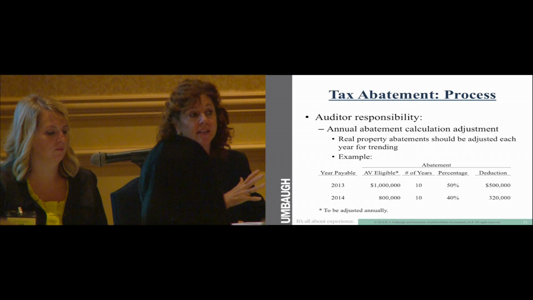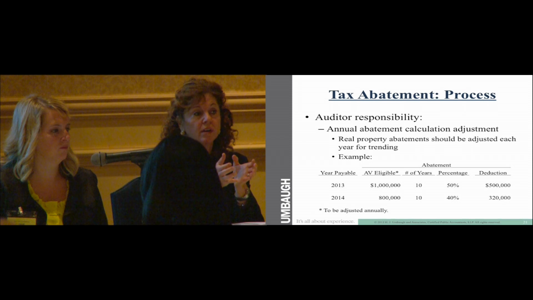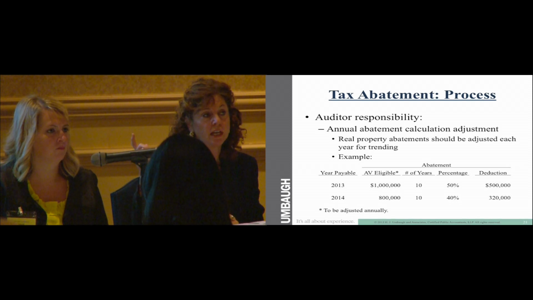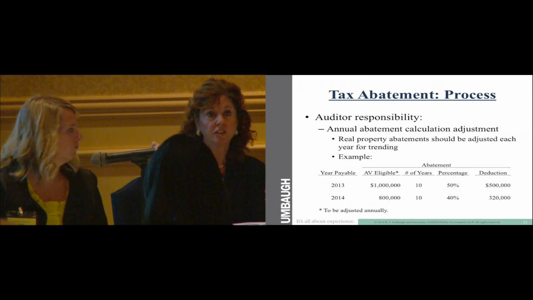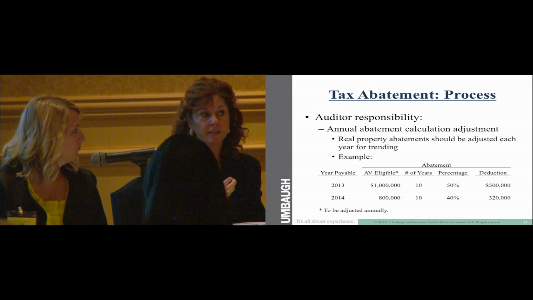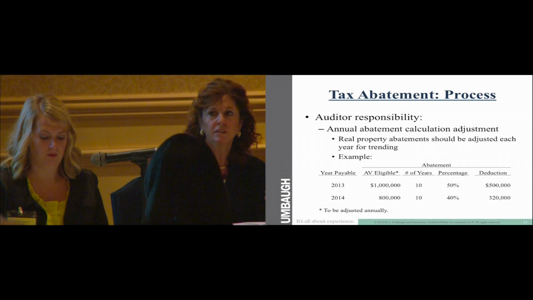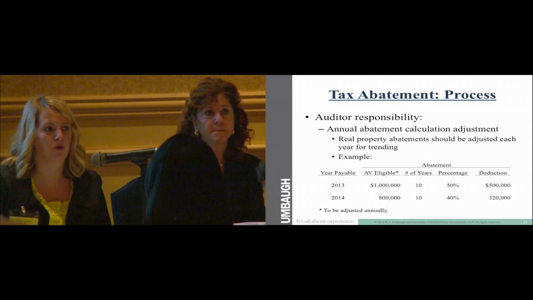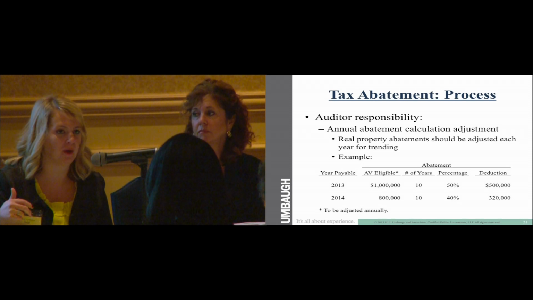And then maybe some stuff, like the land, isn't subject to abatement. So you have to know which part of the assessed value is subject to abatement, tied to those improvements, and then that gets tracked to each abatement schedule. I'm not sure, but I would imagine there could be some variations in how the assessors communicate that to the auditor. Has anybody had particular experience they wanted to share about that? I know a majority of computer systems now can track those multiple layers of abatements, is what I call them.